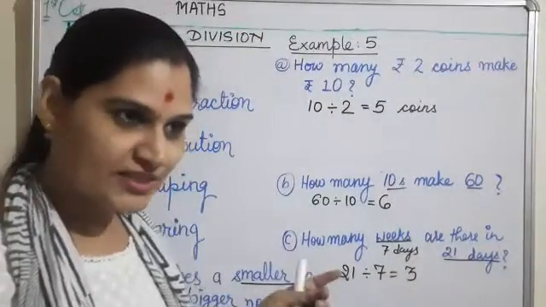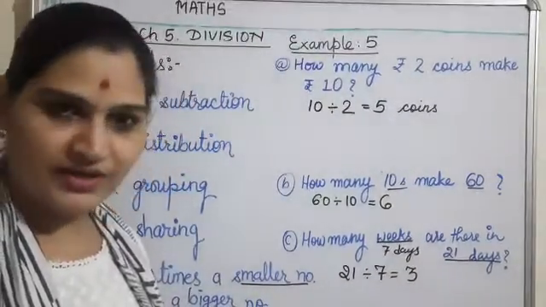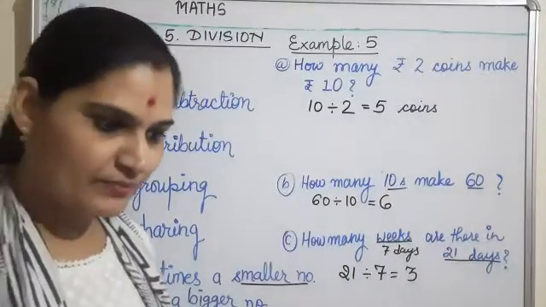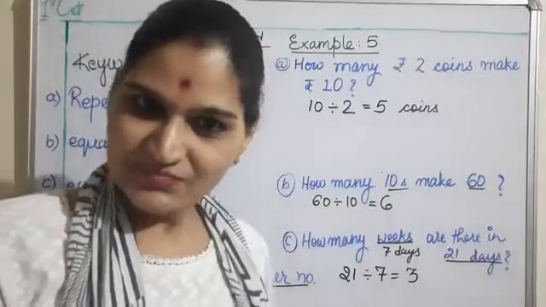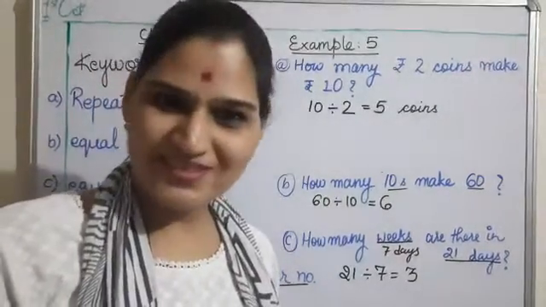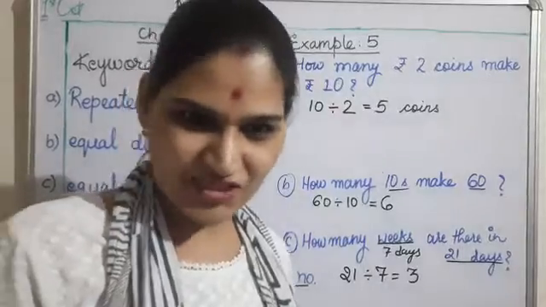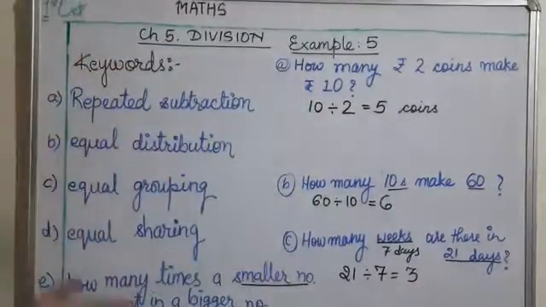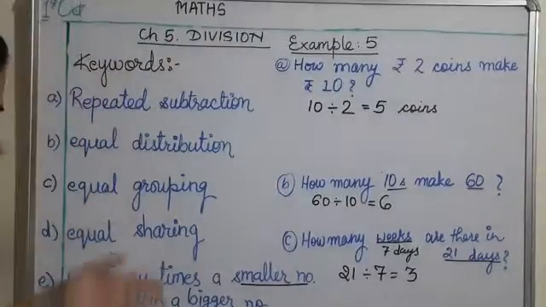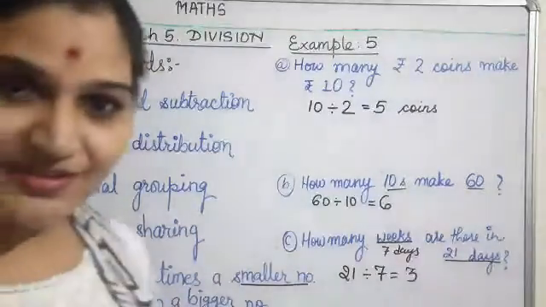Okay? So such kind of a situation where you are being asked to find out कि किसी big number में कितने छोटे number आ सकते हैं. ठीक है? 10 में कितनी बार 5 आ सकता है? तो 5 2 times आ सकता है. 5 2s are 10. Such type of question. So all these are the keywords of division. We are using these situations. If they arise, then we are using division.